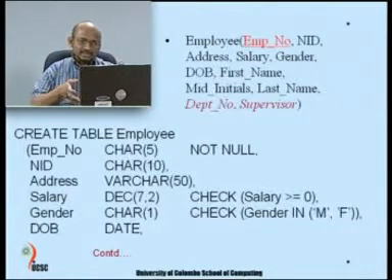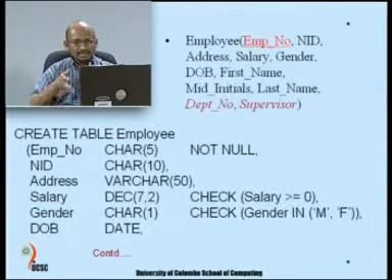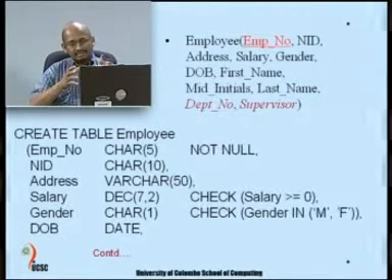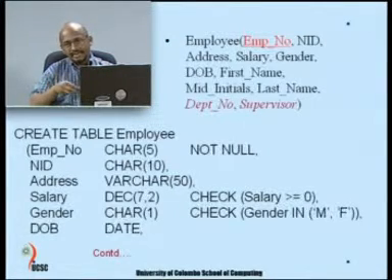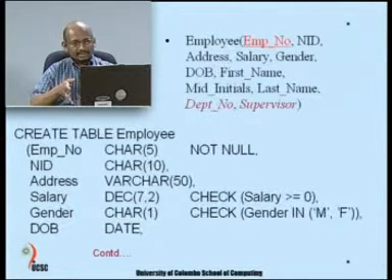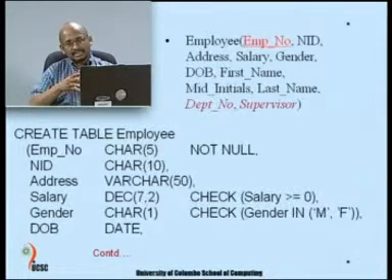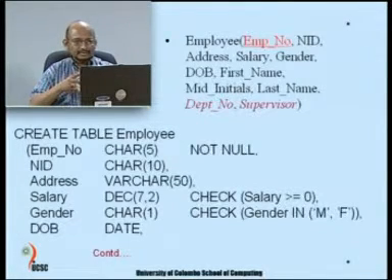The syntax we mentioned is going to be create table and the name of the table, which is employee in this case, then within brackets. So, you have the open bracket here and then a column definition. A column definition will have a column name and a data type. The column name is emp number, the data type is char 5, assuming the employee number is 5 characters. And because it is going to be the primary key, a value is required, so we say not null.